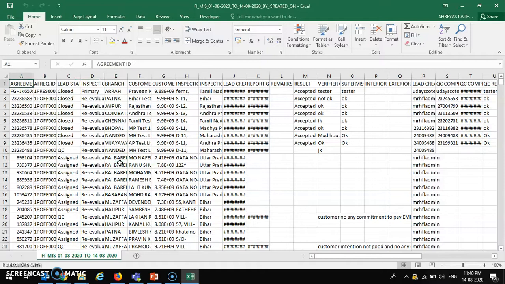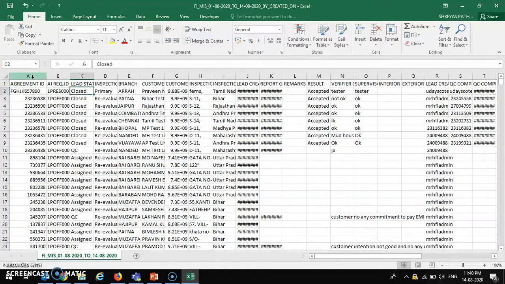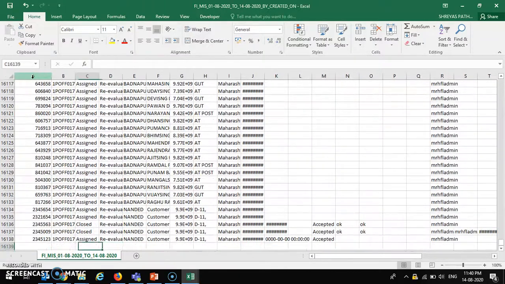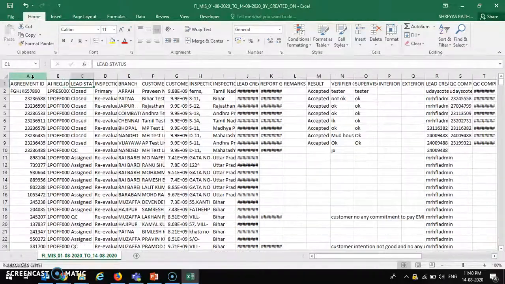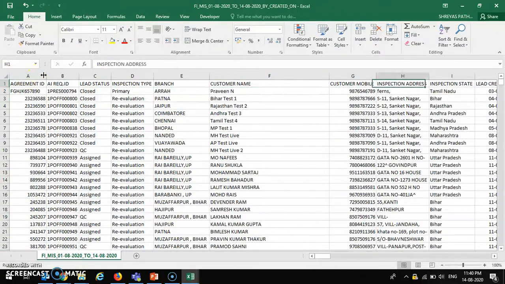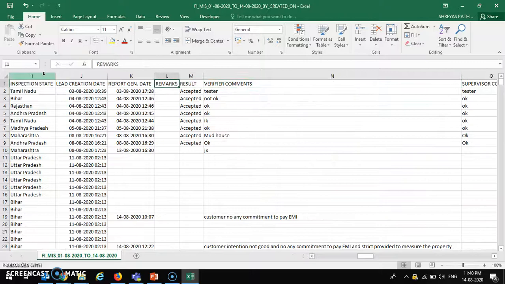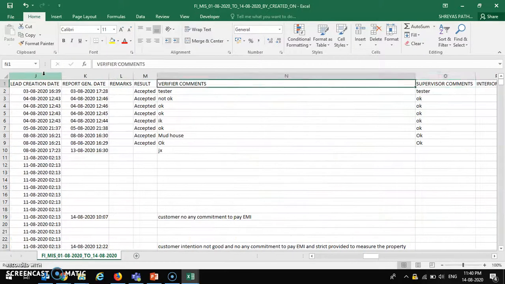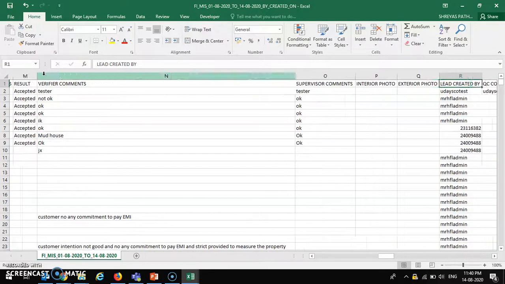Right. So as you can see, for all the leads, it gives the status whether it has been closed or is in QC or is still in the assignment stage. And as you can see, 16,000 leads have already been uploaded on the portal, and it gives status of all the leads with respect to what was the mobile number uploaded from the back end, when was the lead created, what was the verified comments, right?